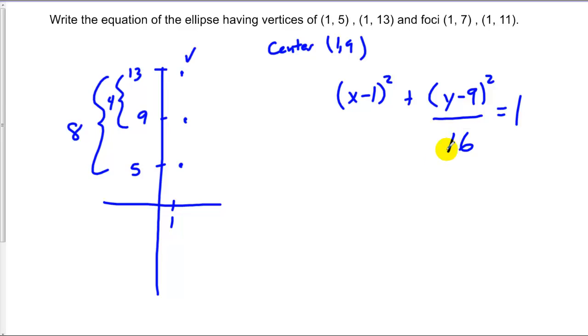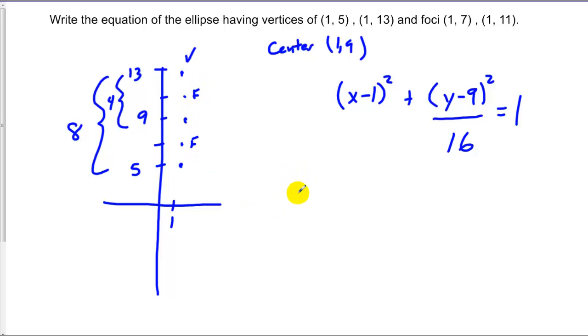All I need to do is find my b value, but I don't really have that yet. I have a focal length, so from the center out is going to be my focal length, and I know I have a focus value at 1, 7 and 1, 11,